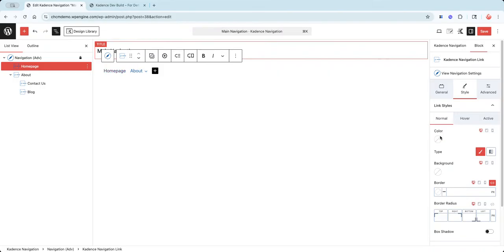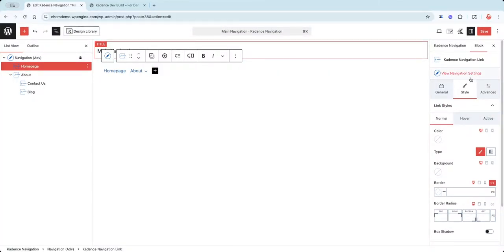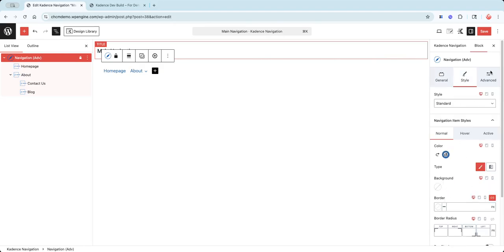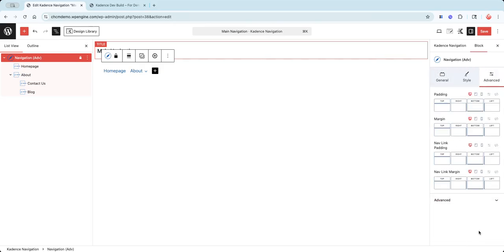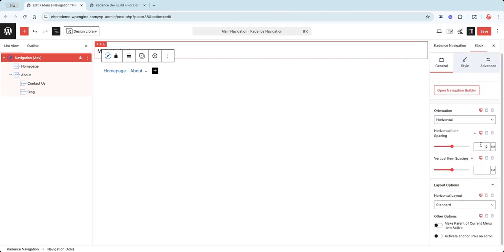So I'm not going to go into all the options, but I will point out, if you're on an individual tab, you will see this, so you can kind of go back up a level and go back, as you can see, on the main navigation. And all the various options for styling are here, including spacing tools and that sort of thing. But won't go too in depth on that. All right, so